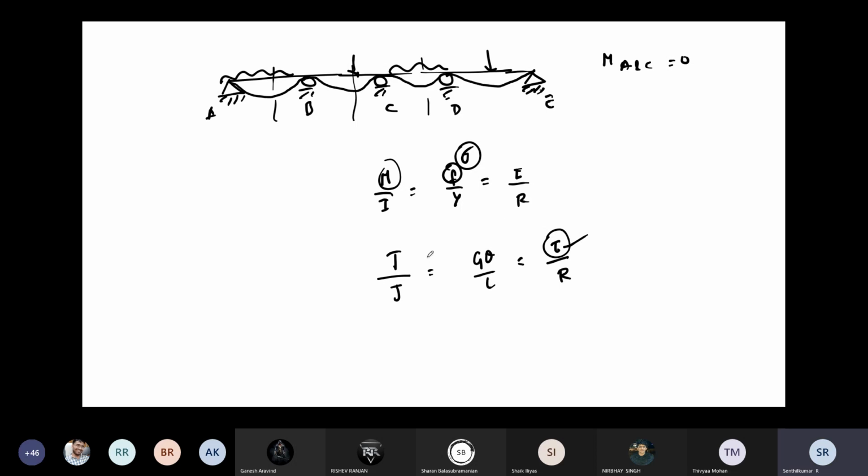For M, you have T, the torsion moment. So the thing is, torsion is moment about the longitudinal axis alone. You can say all are moments: moment about X, moment about Y, and moment about Z. If you are taking moment about the longitudinal axis, you can call that torsion. So that is the difference between torsion and all other moments. Now my question is, will moment be there at supports B, C, D? Will it be there or not?